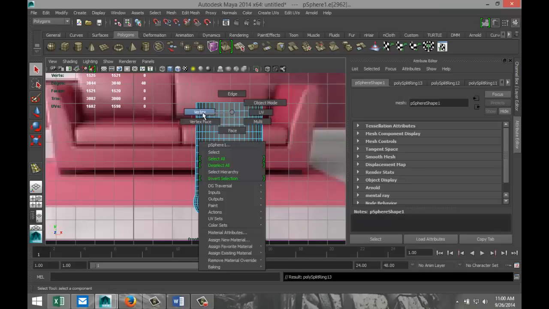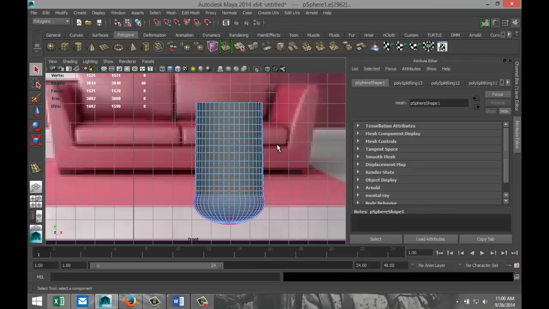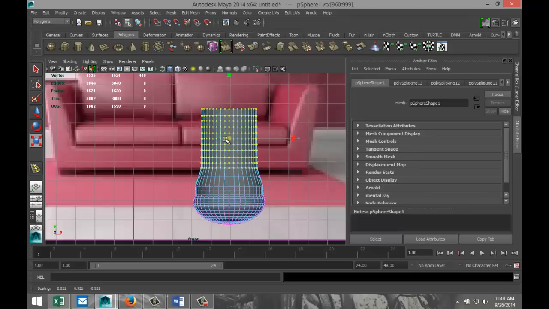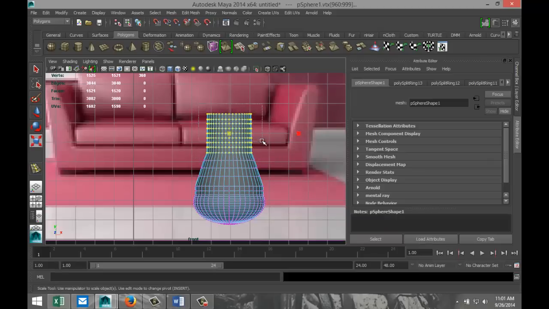right click, go to vertex. We're going to drag select these, and we're going to start to scale that in. So hit R, scale that in, skip one, scale that in, skip one, and so forth. I'm trying to do this fairly quick, so